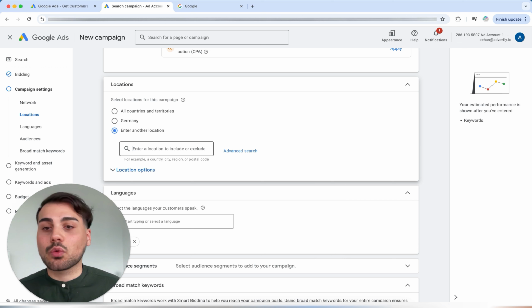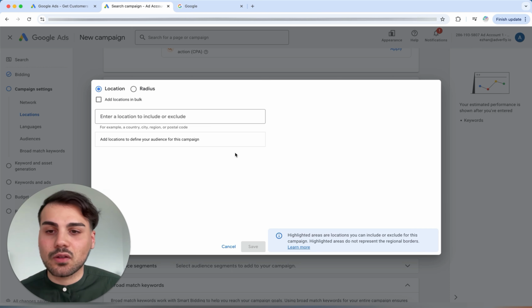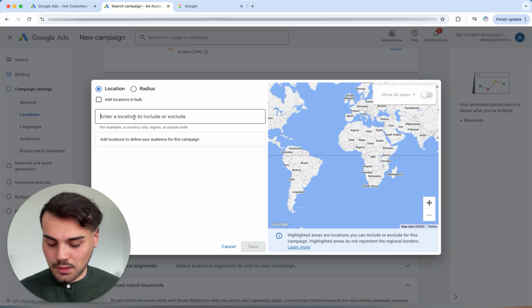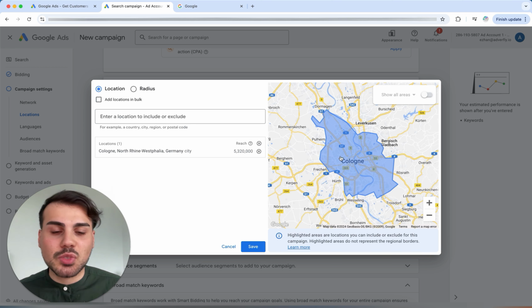What you can also do is say, "I now have something more specific," especially something local. I only have a certain city, a certain area. I don't want to reach certain cities because they might be too far from my cafe, for example. In this case, you need the advanced settings. If I click on it here and take Cologne in Germany, which most people probably know, then I can reach only Cologne explicitly.